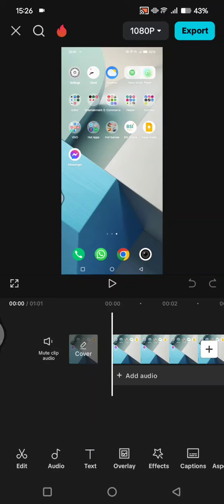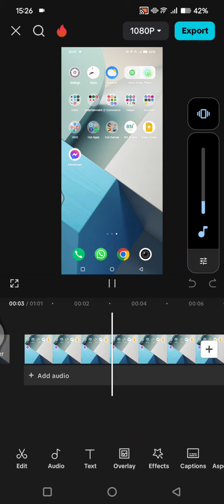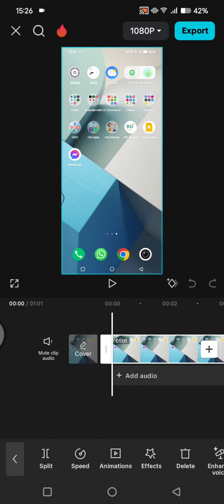On today's tutorial, I'm going to show you how you can remove noise from video. So in here, I've already added a tutorial video that I made before, and I want to remove the noise from this video. So if you want to do the same, you can now just click on the video on